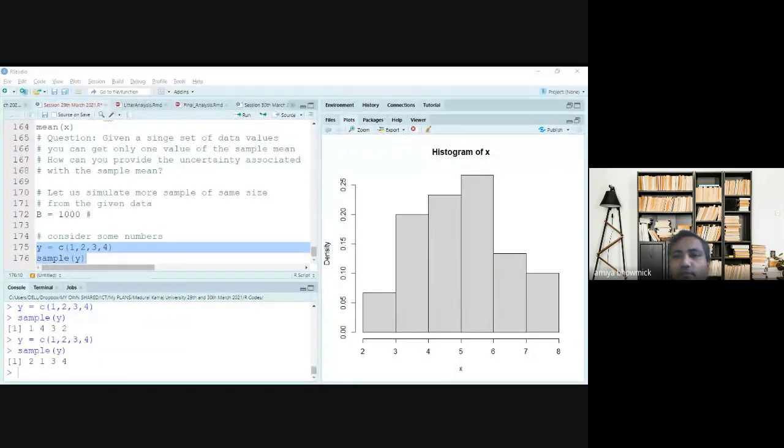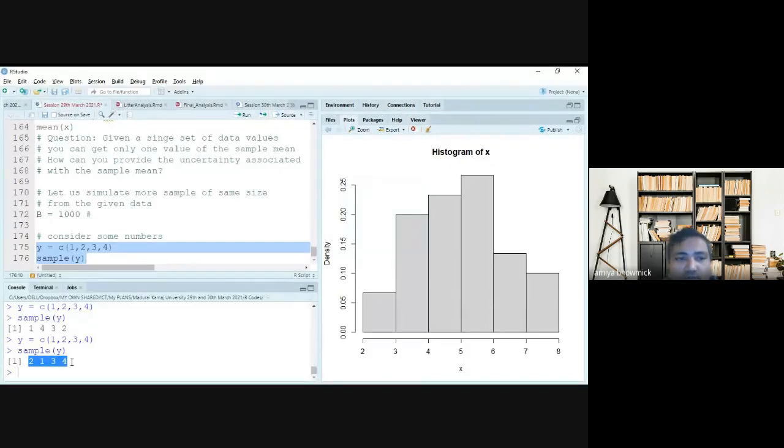From our basic idea, it is called simple random sampling without replacement. First I randomly select one value.